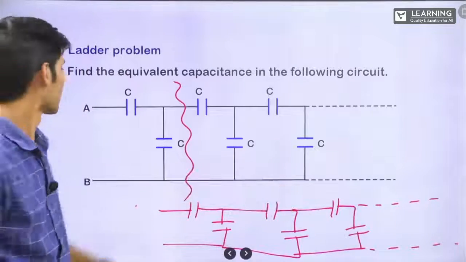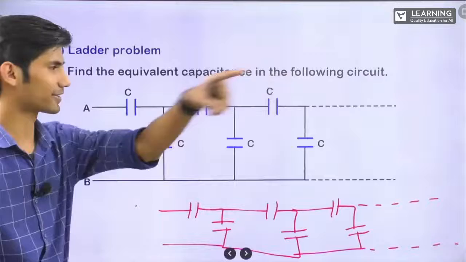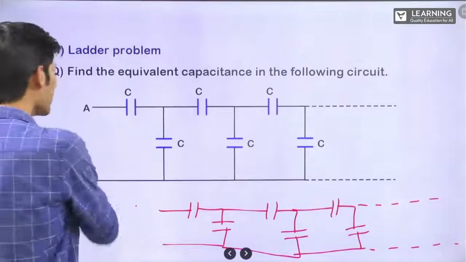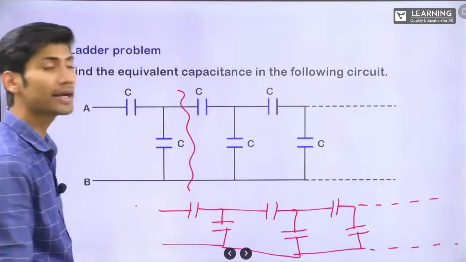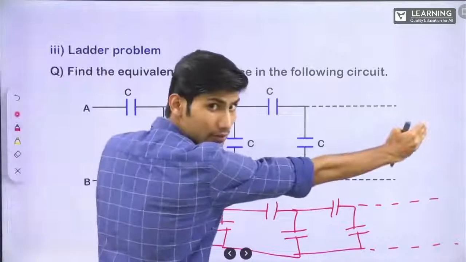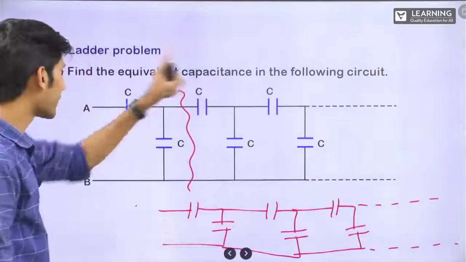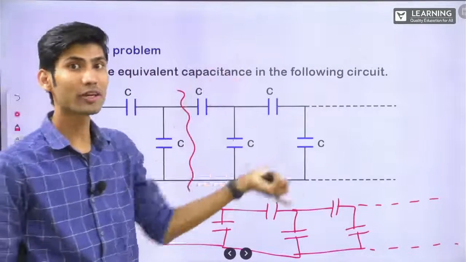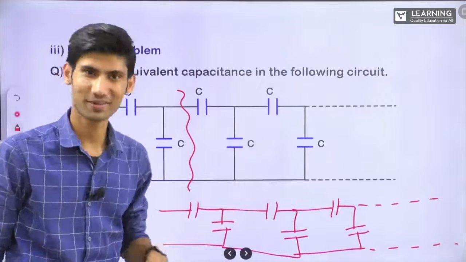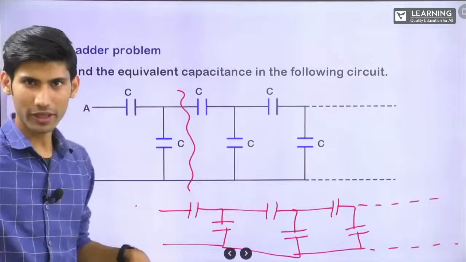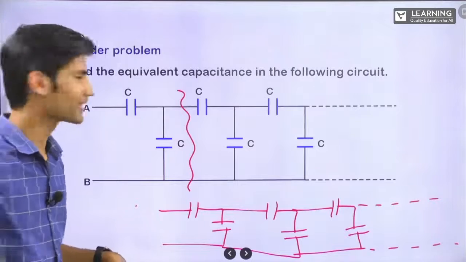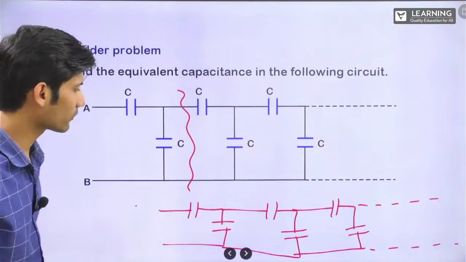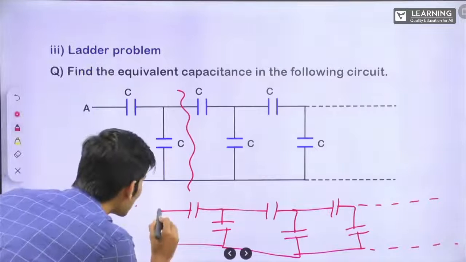See this circuit and this entire circuit are both the same. That means the equivalent capacitance of this circuit and the equivalent capacitance of this entire circuit is the same. In a quadratic equation, you might have done these kinds of questions in mathematics, right? Where x under root x something like this comes, correct? A symmetry kind of thing comes. Here also, if you see, now if I consider this as A and B,